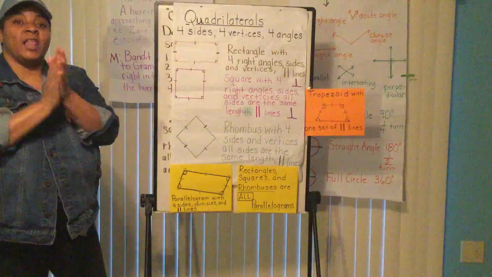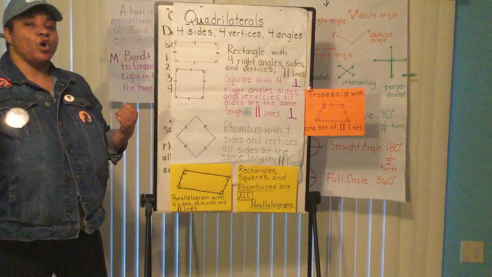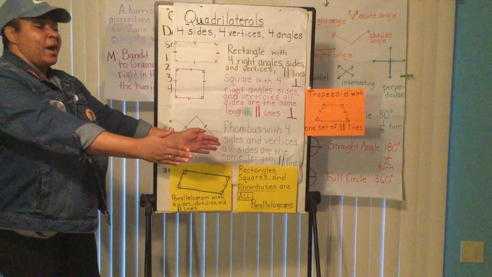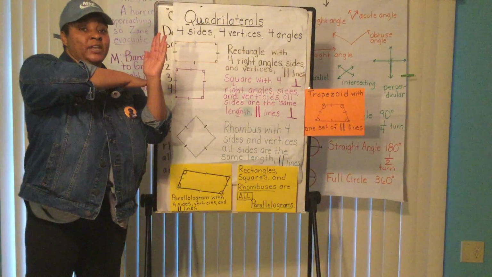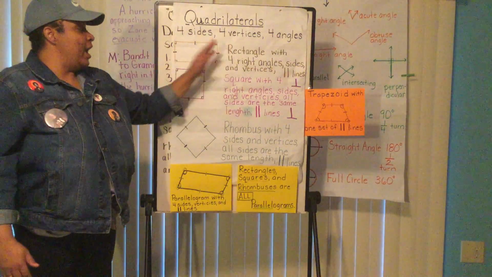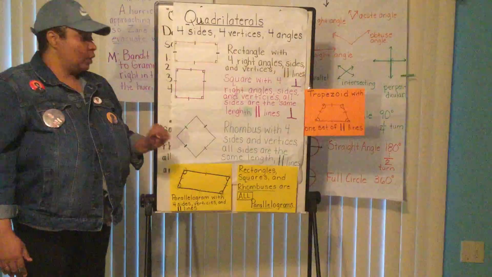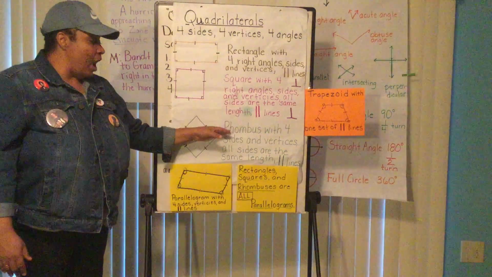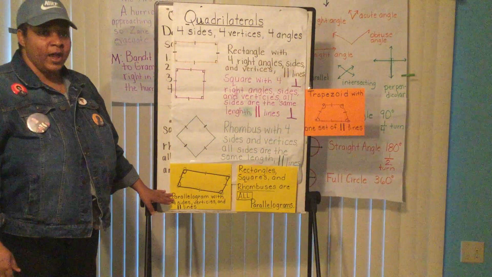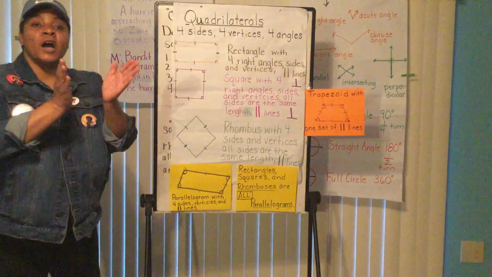Quadrilaterals, quadrilaterals. Four sides, four vertices, four sides, four vertices, four angles, four angles, four angles. Some are parallel, some are parallel, some are perpendicular, some are perpendicular. Rectangle, rectangle, square, square, rhombus, rhombus. Parallelogram, parallelogram, trapezoid, trapezoid. They are quadrilaterals,